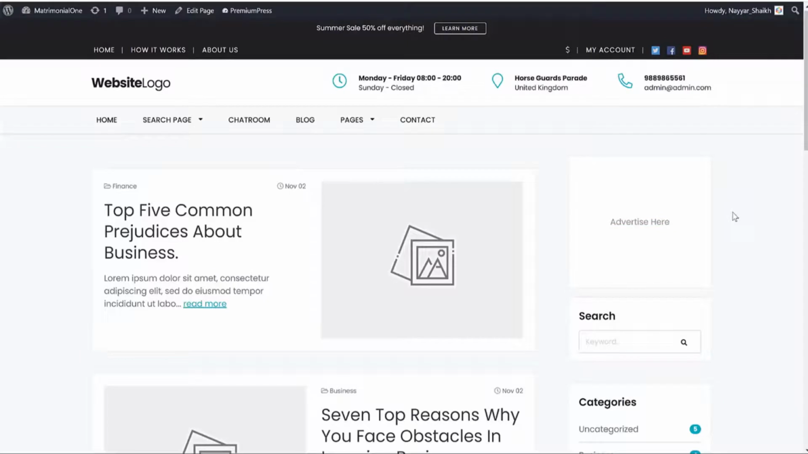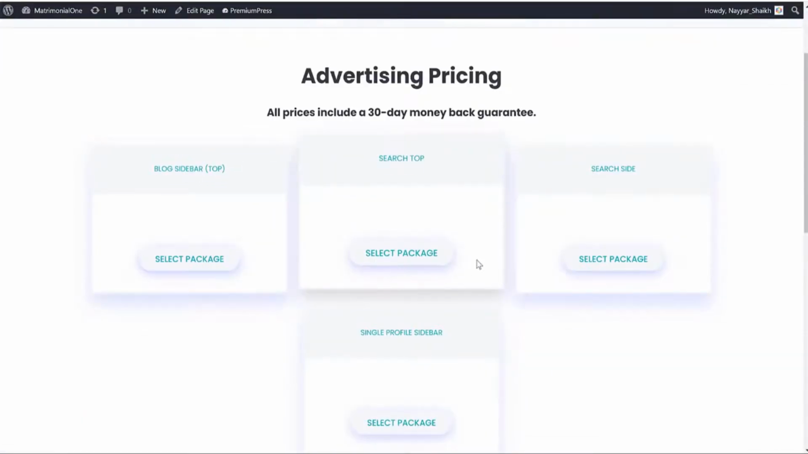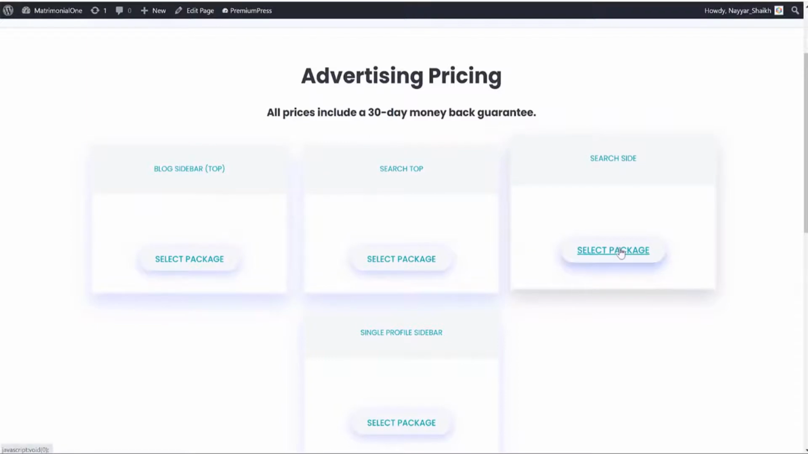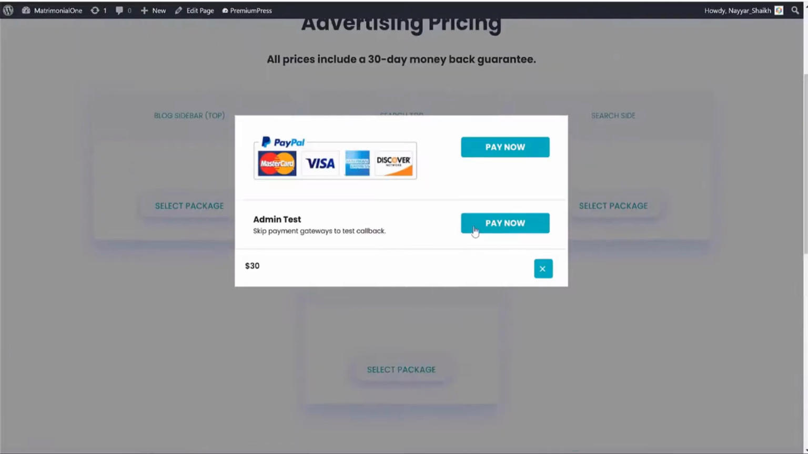Now if anyone wants to advertise over here, or if they want to advertise their company or whatever, they can simply click on this link, advertise here. They can select any package. We'll see how this package works and how you can make some changes to it. They can select any package, make the payment, and after that, in the next step, they can add the banner. For example, if I just use this option, admin test payment, and click on pay now,